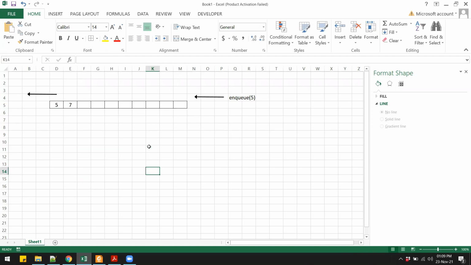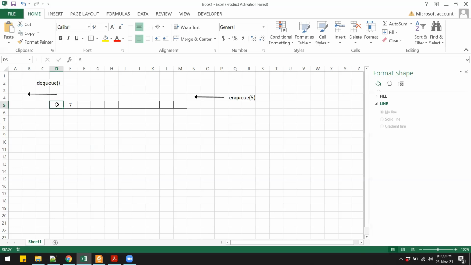As you keep on adding more data, those data will be put at the back of the queue over here. And if you want to take out data from the queue, you will call the dequeue method. What this will do is take out the data that is at the very front of the queue. In this case, we will get 5.